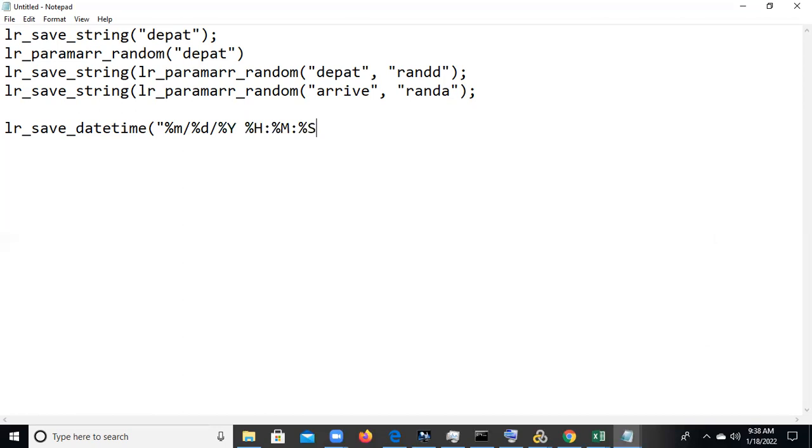Like this, and then we give a comma and the current date, which is DATE_NOW. This is the syntax of this function, and we can write it like this.